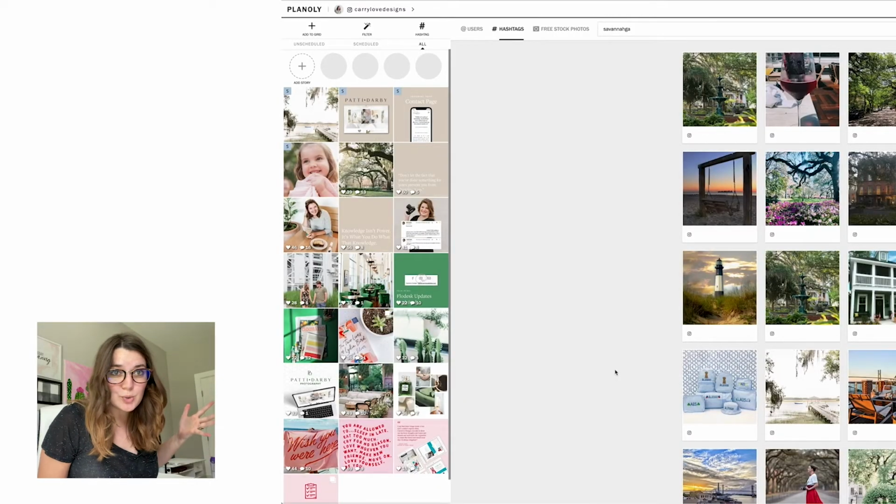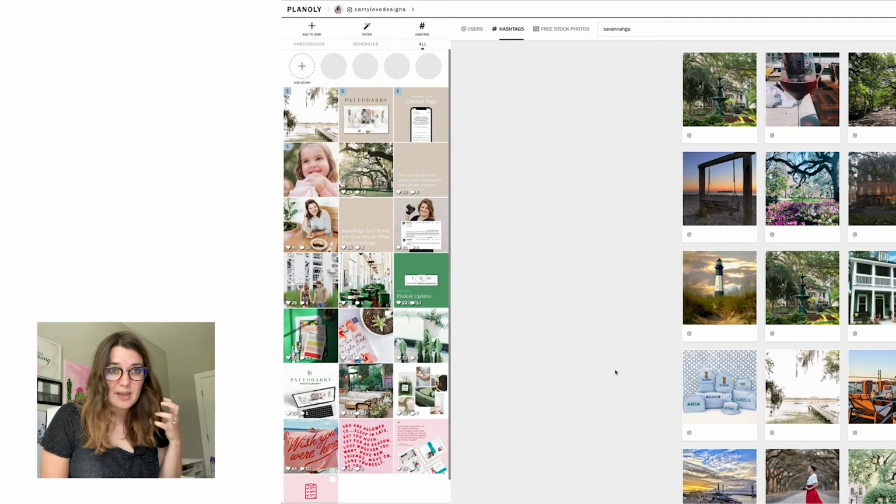But these are the main things that I use. ClickUp really helps me organize everything and assign things to my team members. And so that's a really good overview. And so now I'm just going to get to work on everything, and then I'll show you the final results. Okay, so